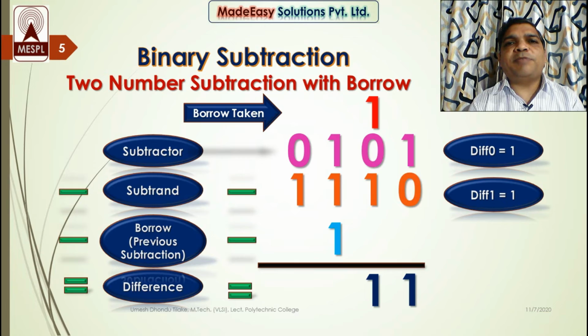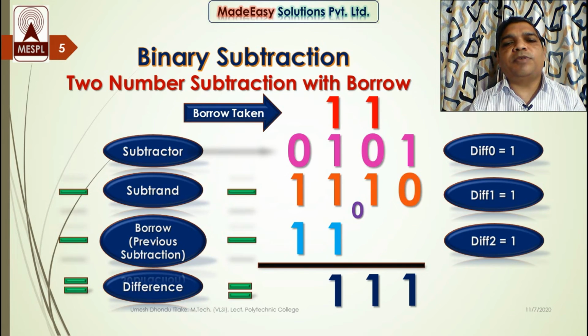Now perform the next bit subtraction, that is subtract 1 from 1, I will get the difference 0. Now subtract this borrow given to the previous subtraction from the result 0. Can we subtract? No, we need to take a borrow. So take a borrow from the next significant bit and place the borrow over here. Now the value of the borrow is 10. So subtract this borrow 1 from the taken borrow. I will get the difference 1, and I will put the difference over here.